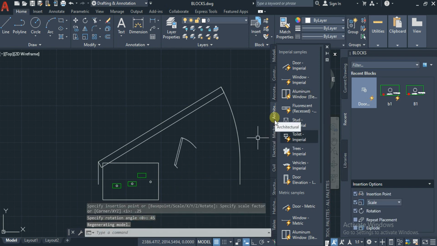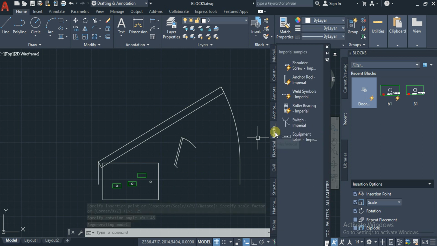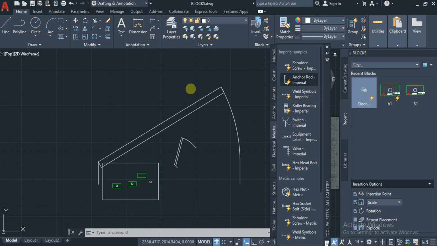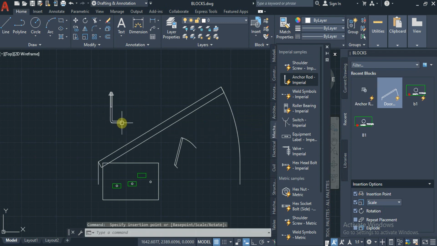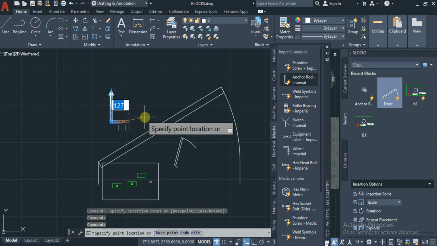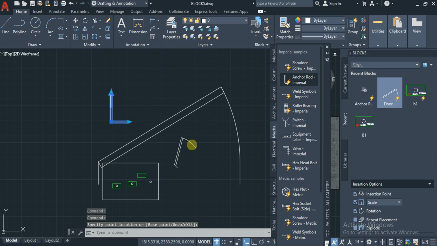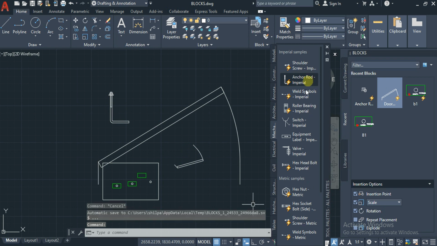Like this you can select architectural, mechanical or electrical related blocks. There are various predefined blocks, and they are actually predefined dynamic blocks. If you select one, we get some parameters on it, so we can simply edit it. Here if you observe, there is a constraint dimension. In the door also we can flip the door like this. So in any case, if needed, you can make use of this tool palette.